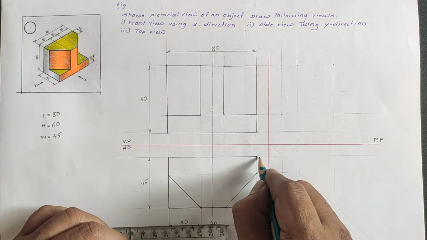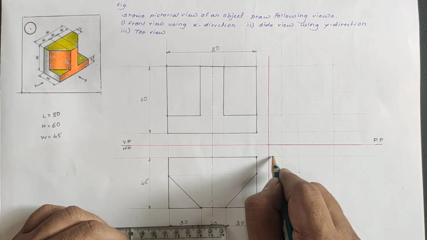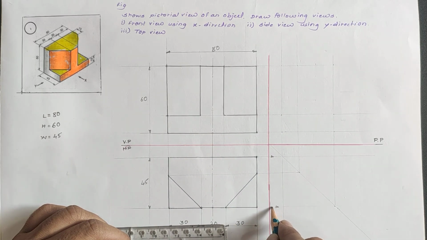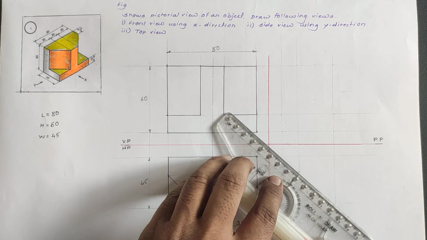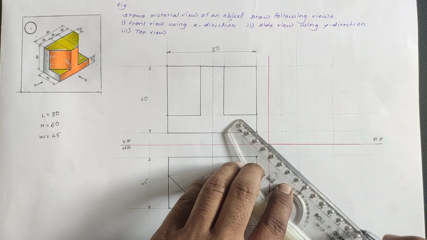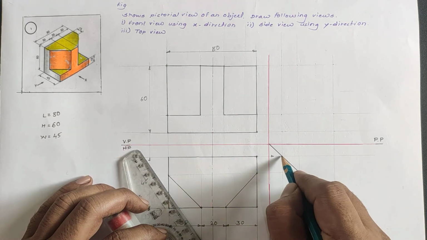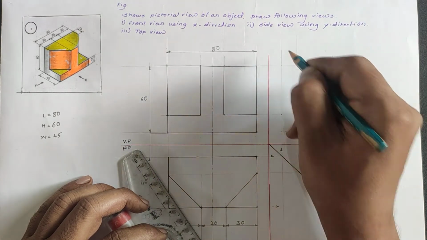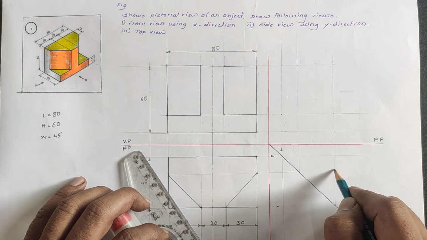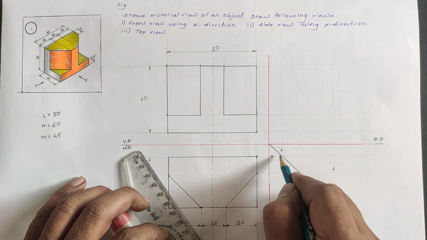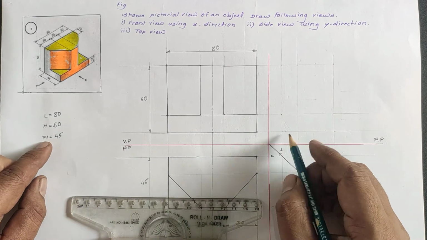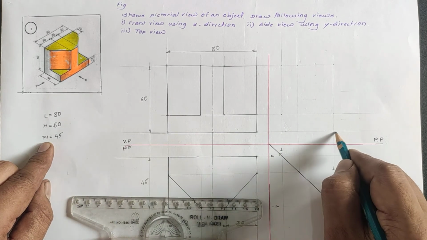Now take the horizontal projection line from this corner to take the width in side view. In a similar way, take the horizontal projection line, then draw the 45-degree line to transfer these dimensions to the side view exactly at 90 degree. Take the vertical line also the same, from this corner exactly at 90 degree, and transfer it into the side view. Then the total width of the block is 45 mm.